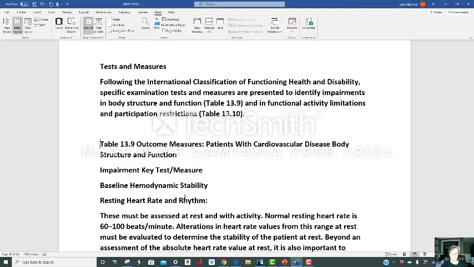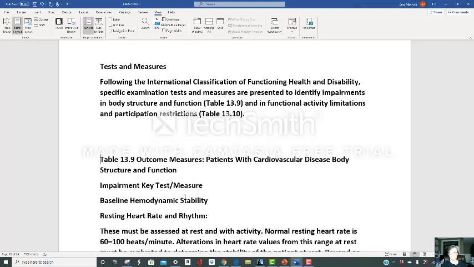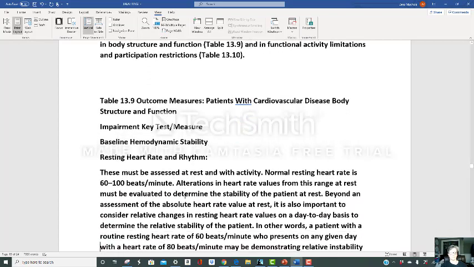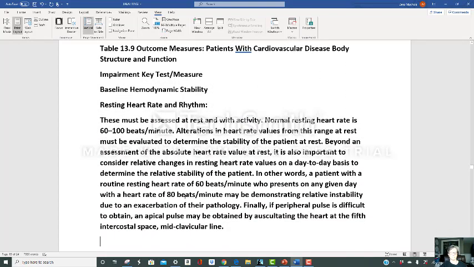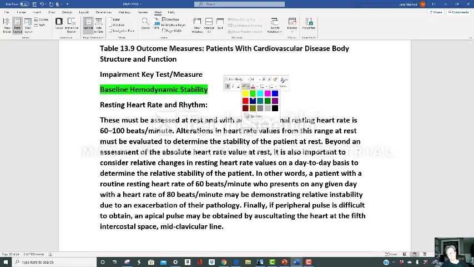Patients with cardiovascular disease, body structure and function impairment. Key test and measure: baseline hemodynamic stability, resting heart rate and rhythm. These must be assessed at rest and with activity. Normal resting heart rate is 60-100 beats per minute. Alterations in heart rate values from this range at rest must be evaluated to determine the stability of the patient